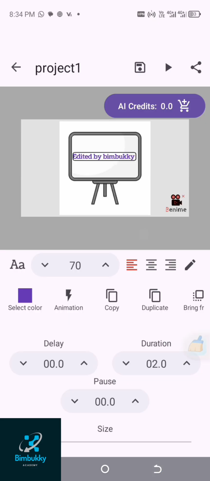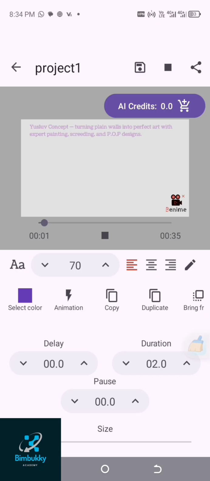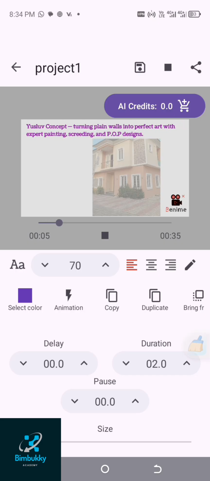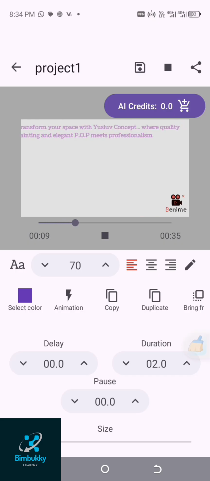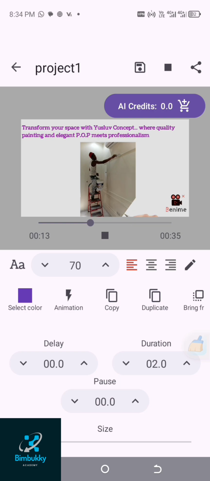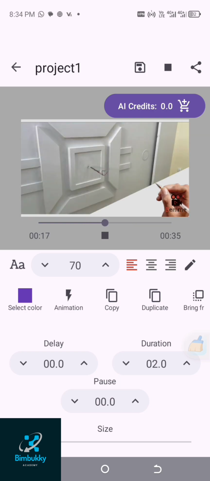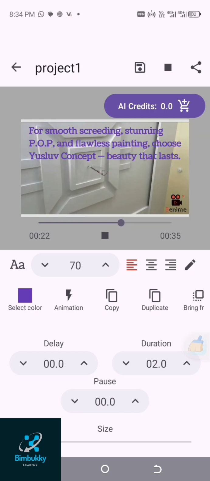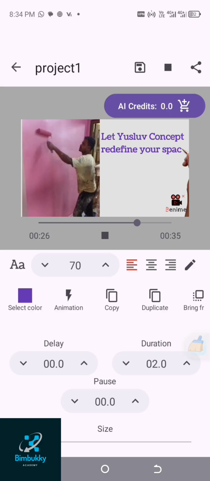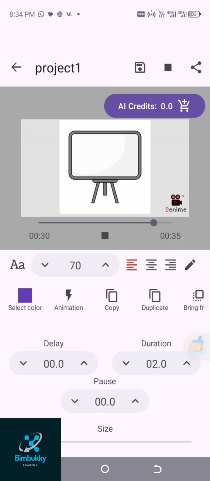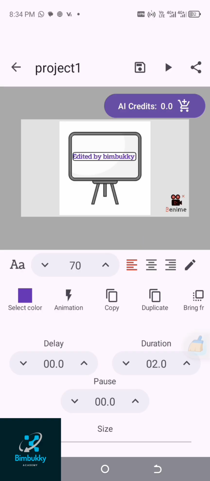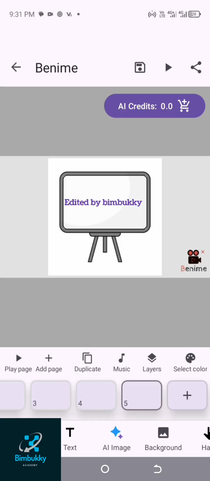So this is how you do your project. You can play it. So if there's anyone you don't like, you can just easily adjust it from here. So I'm done with my project. So having done with your page 5, because I'm ending this at page 5, so the next